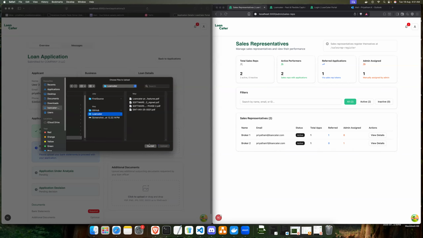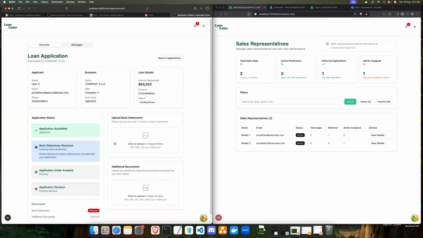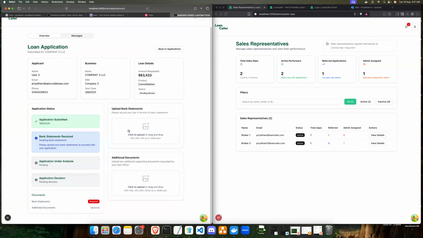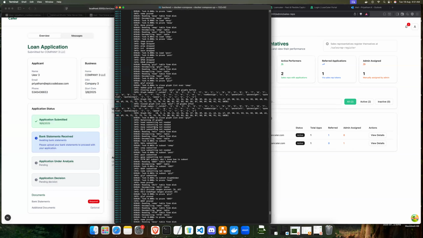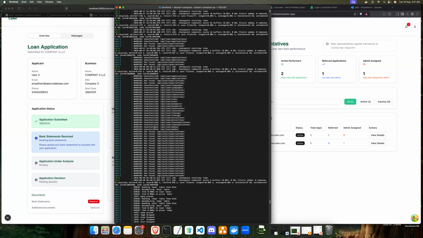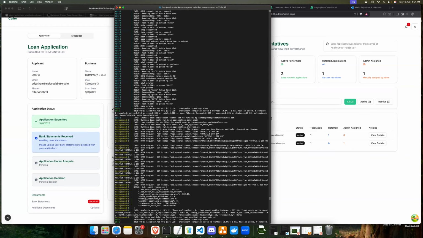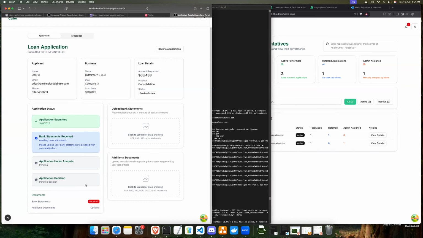At present, I don't have these bank statements here, so that doesn't matter. You can upload these bank statements, and the background task gets triggered automatically, as I said, right? This OpenAI API gets called, and you have all the analysis being done,